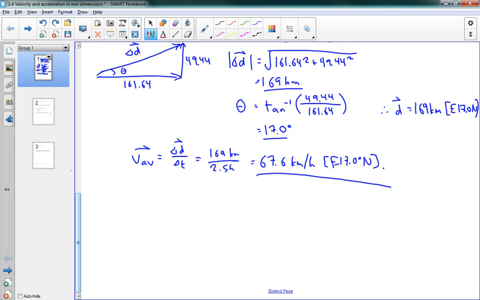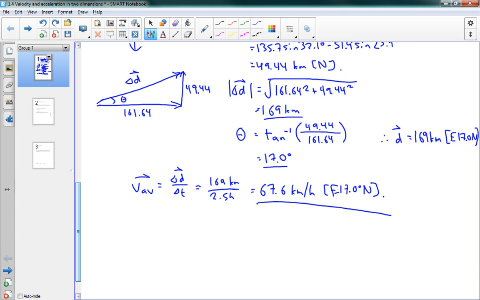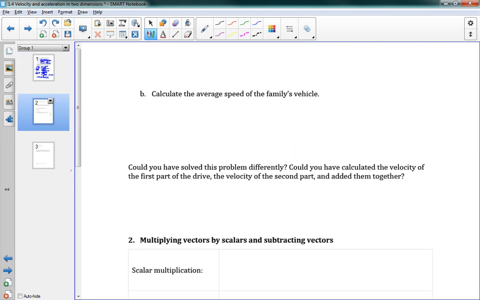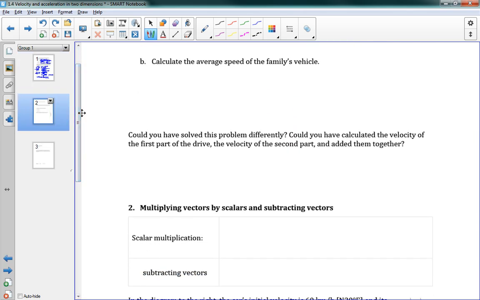And there's our final answer. And there you go. That's how we can solve this sort of a problem. So you can see that it was really necessary to add the displacements together first to get this solution. Okay, on the next page, a much simpler piece of the problem says calculate the average speed of the family's